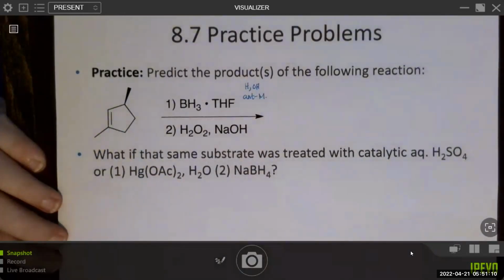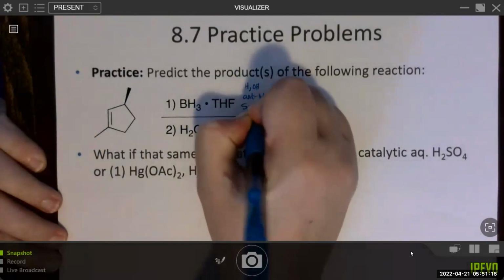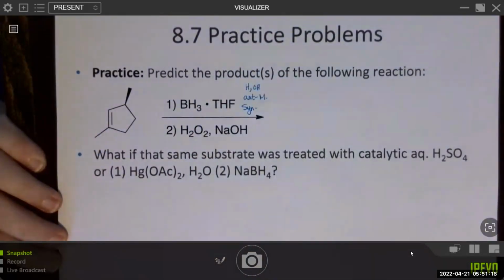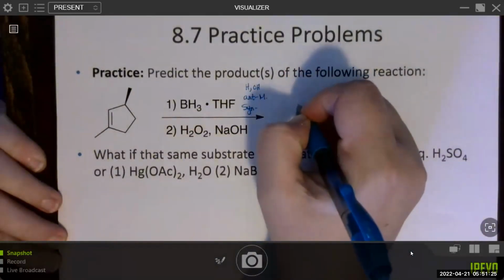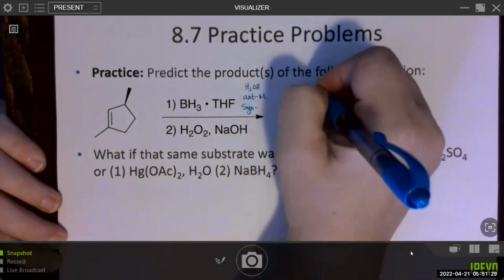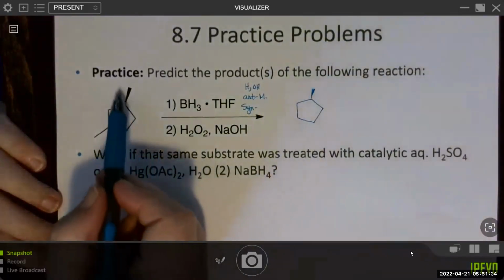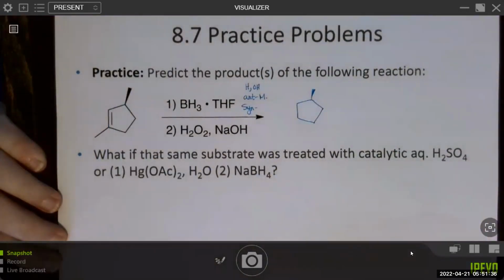So when you're going to form two new chiral centers, remember that this reaction exhibits syn selectivity. So both the H and the OH get added from the same side. So if we're sketching that out, the first thing we want to do is just go ahead and add this methyl in, because that's not going to get touched in this reaction. And then we're going to add H and OH, and the OH will go here.